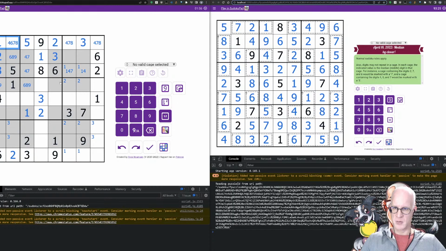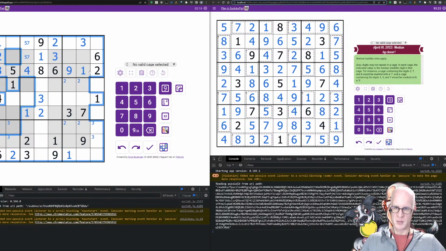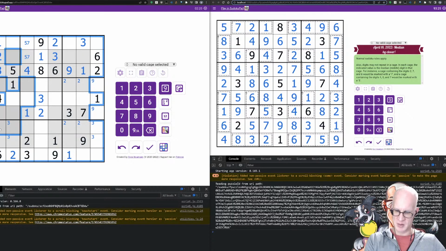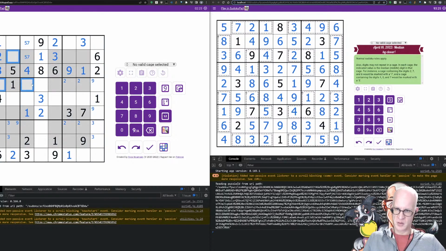And I got it wrong. I didn't see the 7. Didn't see the 7. How far back do I have to go? It can't be a 5 or a 7, so it's got to be a 4. And then these are 1, 9. That's a 1, that's a 9. I gotta be so careful. I always make those mistakes with Windoku. Missing the digit in the window. 4, 5, 6, 7, 8, 9. 1, 2, 3, 4, 5.